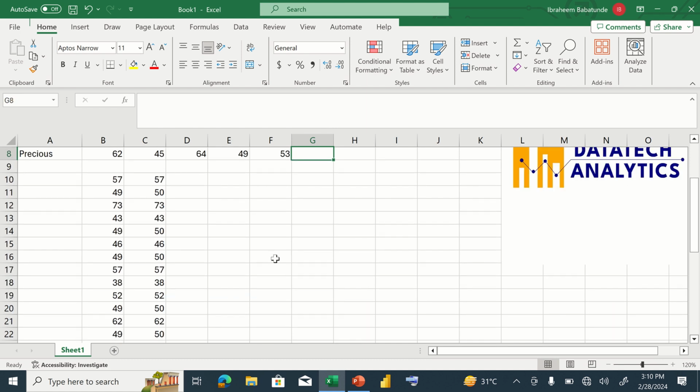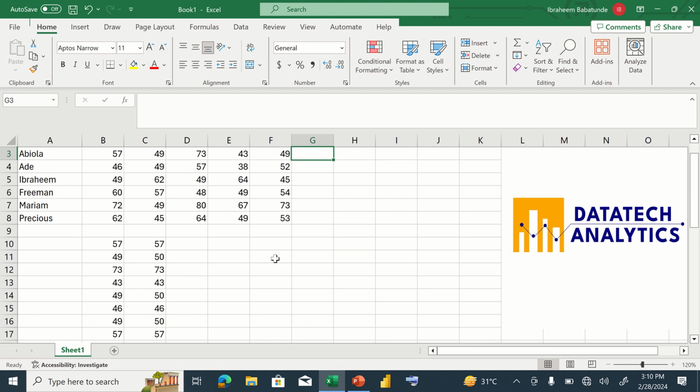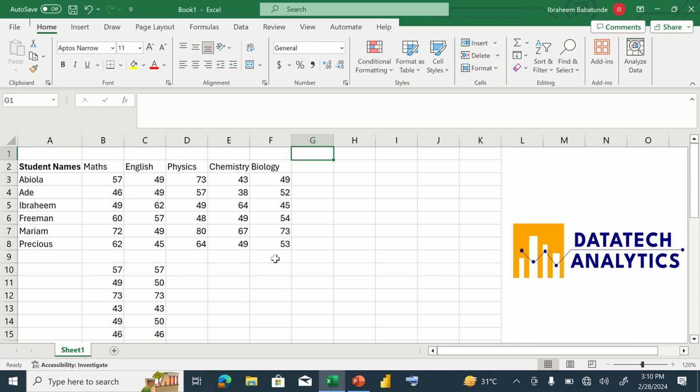Now, you can see that I have these guys' names intact with it. As a result of that, what can I do here so that I can have them in this dimension? You can think of which function you can use so that you can have all of them in this direction. To do that, I can just come here. You can see that I'm